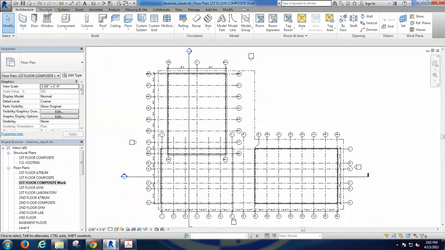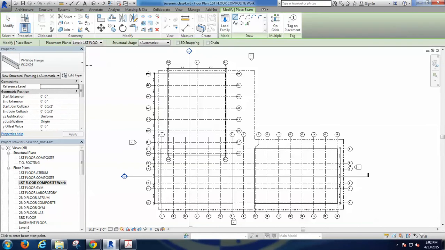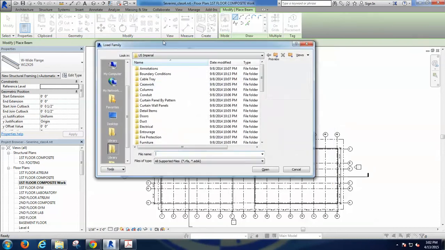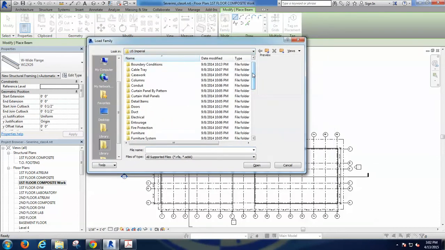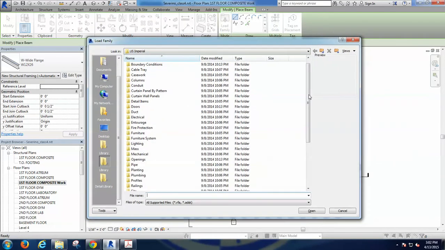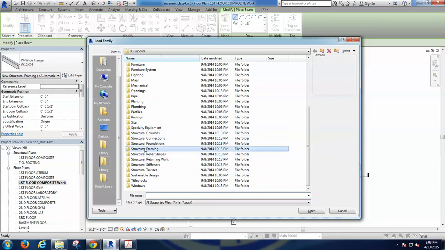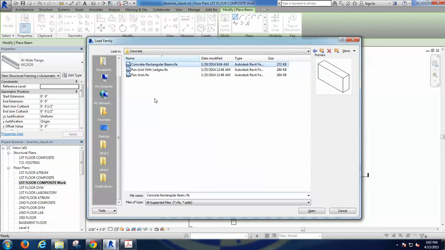Okay, beams, structure, beam, and I check whether I have the beams that I'm interested in. I only have the white planes. Well, it's not enough. I need the concrete one, so I'm going to say I don't have it here. Let's load the family. You automatically go to this window and you just search for structural framing. Say open, concrete rectangular beam. Say open,